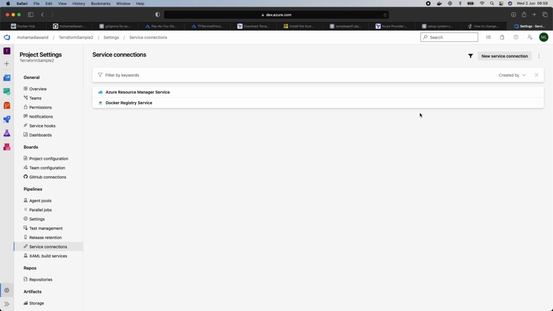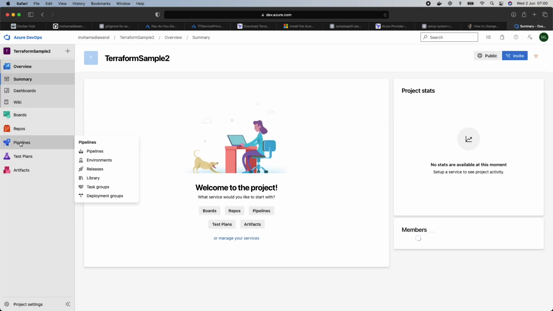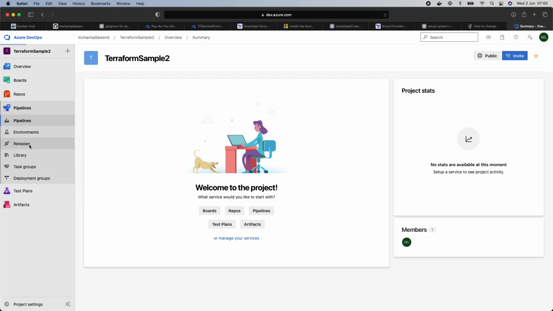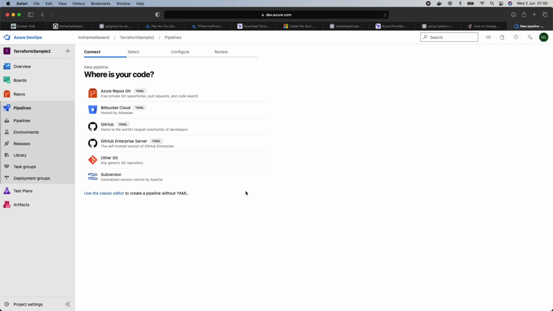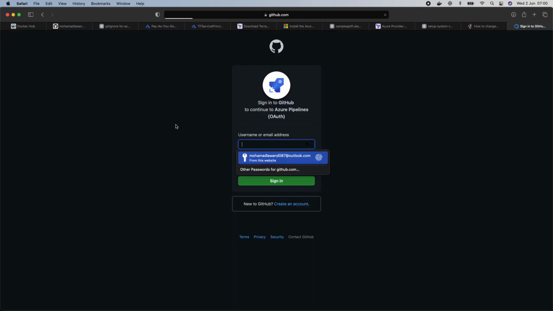So in order for us to do that, let's go back to our menu, as we can see. Let's click on this one actually, and we can see here we have a rocket icon, and next to it there's pipelines. Now let's click on pipelines, and we can see here we have a button that says create pipeline. So what we're gonna be doing is choosing a YAML file. So it's gonna be choose GitHub,